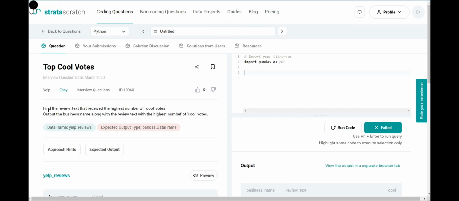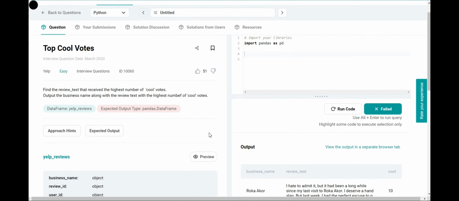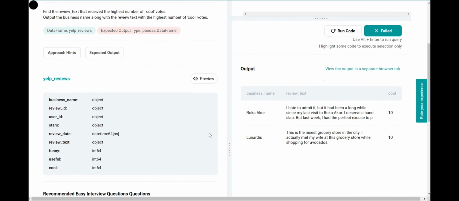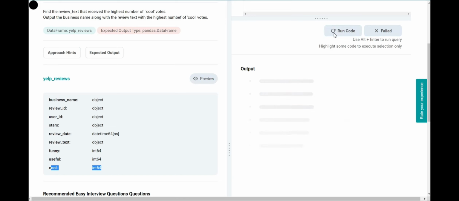So they say that we need to find the review text that received the highest number of cool votes, right? Output the business name along with the review text with the highest number of cool votes. Okay, this seems like a straightforward question. So we have this data set, and essentially we have this cool column. It's an integer, so I'm assuming that essentially it refers to